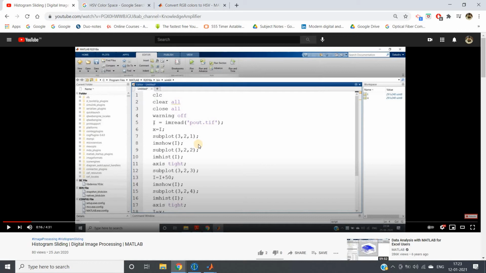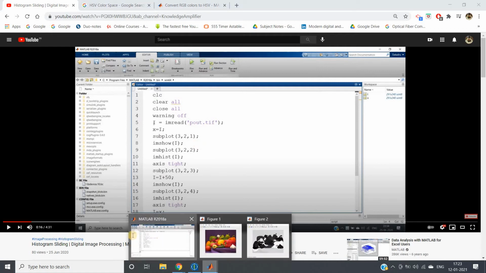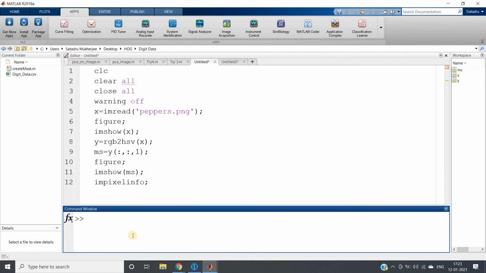Okay, if it exceeds 1, suppose it is 1.2, then it should come back to 0.2, because beyond 1 it is going 0.2 units, and as this is circular, it is now at 0.2. So like that it should happen. Okay, so try to understand, the range is always from 0 to 1. This is for hue, this condition must be satisfied, then whatever addition or subtraction we want, we can do.